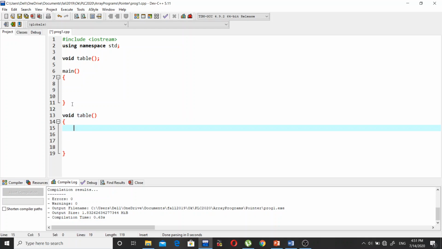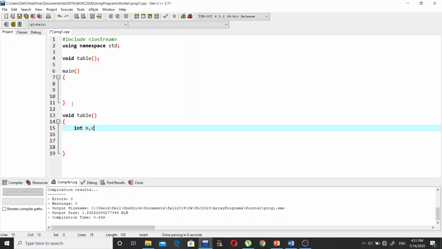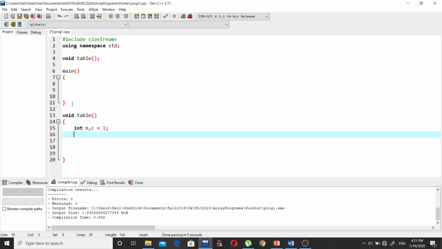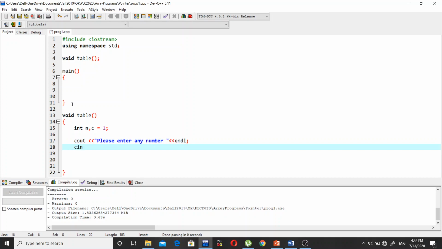First of all, we are going to declare variables like n, and then we're going to use variable c. Fine. So n will be used for any number for which we are going to print the table, and c will be used as a counter variable. So let's initialize the variable c from 1. Now after this, we're going to ask the user, please enter any number. So a number will be entered by the user,